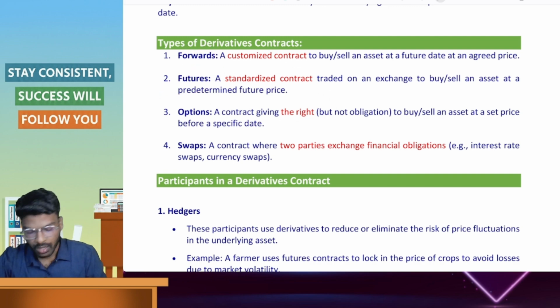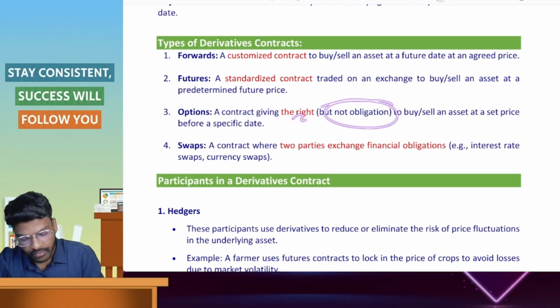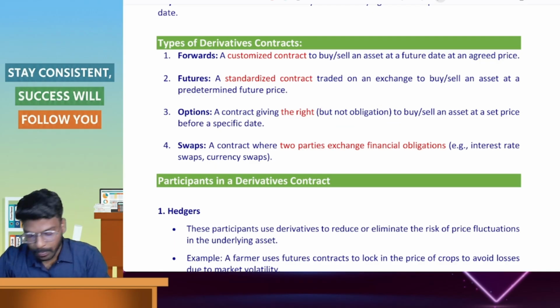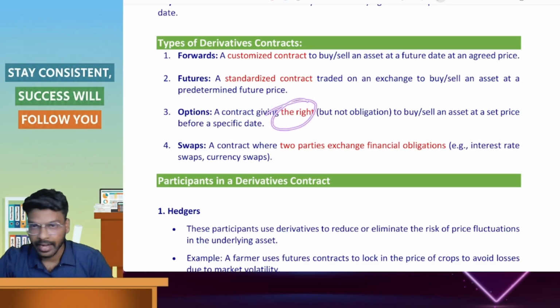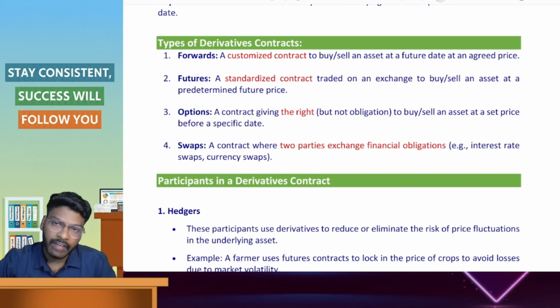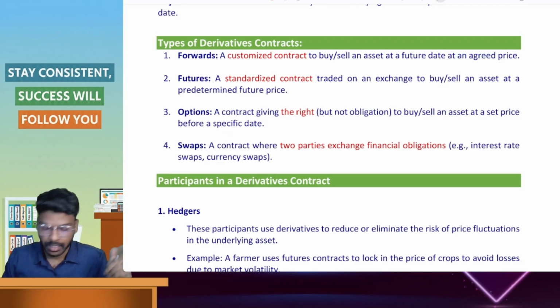In case of options, one person will have a right, another person will have an obligation. But the person who has the right will not have the obligation. Okay, if one person wants to exercise the option, he can exercise. If he doesn't want to exercise, he can reject the option. The person having the right is the ultimate decision maker, on the specified future date.